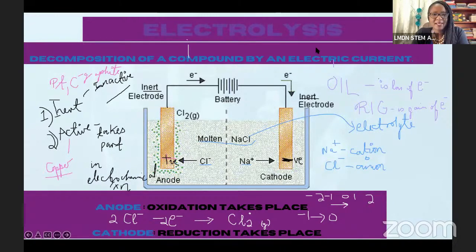So what I'm saying here is that you have your chloride ion that's negatively charged, right? That's here, that's this. Because it's at the anode, we know that oxidation takes place at the anode, which is a loss of electrons. But the reason why, if you really think about it from the standpoint of the particles and what the particles are doing, is that you have your chloride ion that is, where's my thing?